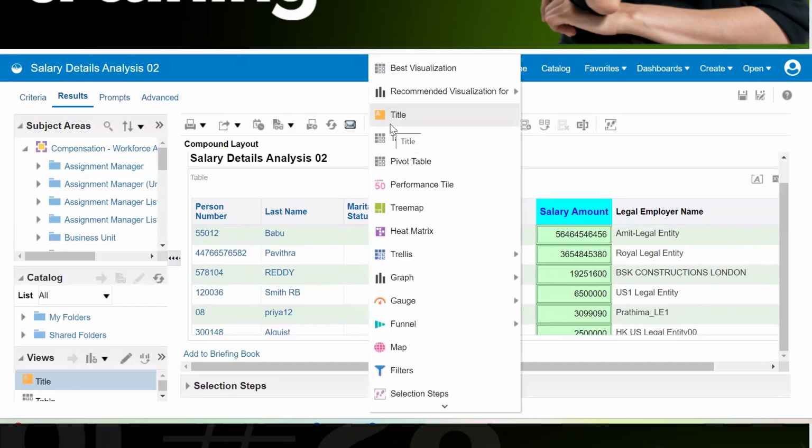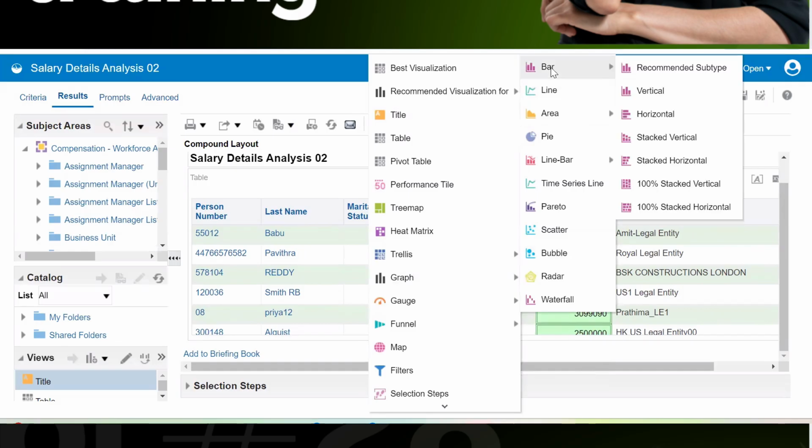Now, adding new views, we are going to a graph, and I am going to add a bar graph. I want a vertical bar graph.